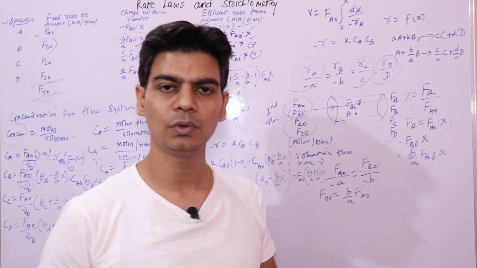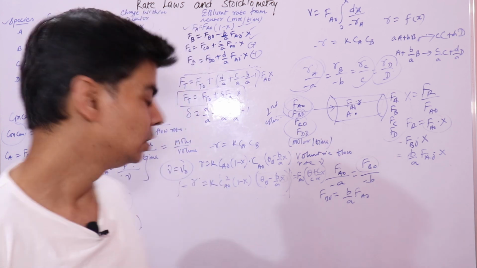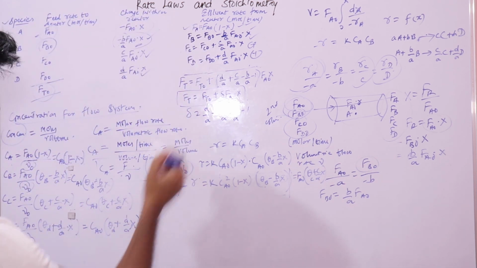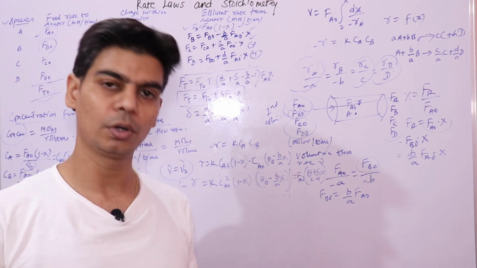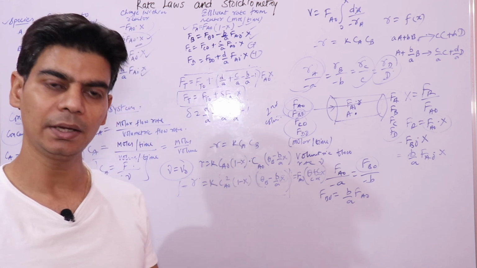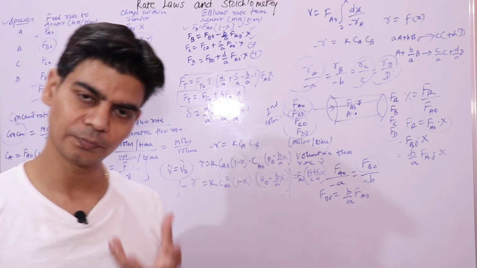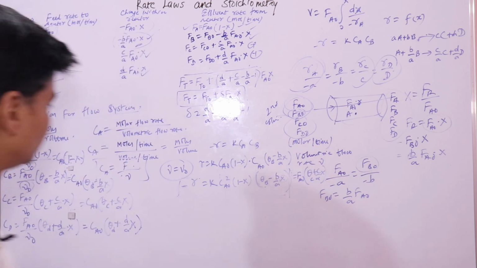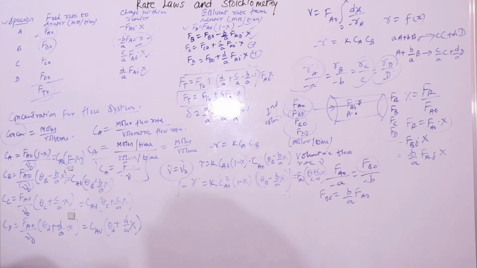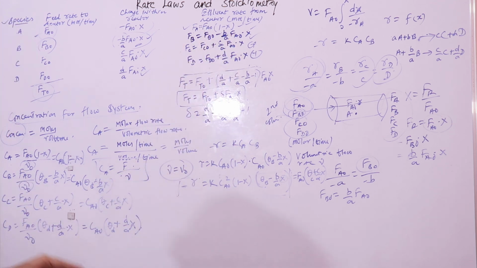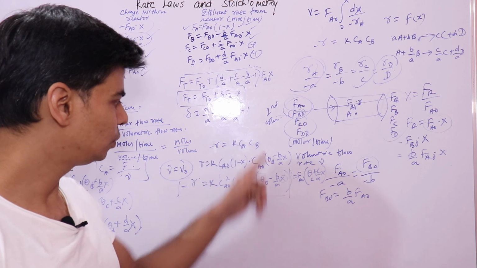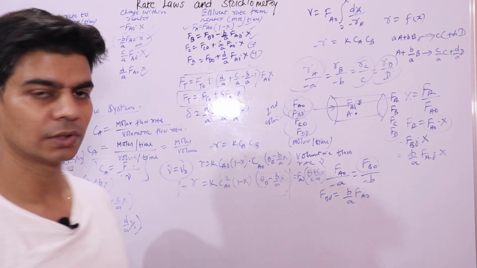So at any point, if you want to find the concentration, you have to look into the molar flow rate, because that many moles are flowing from that point. So molar flow rate at that point divided by the volume that contains those moles flowing at that point. This is what we have used. Rest is the same. We found the expression for concentration, then simplified these equations by taking Fa0 common, and then substituted the values in the rate law to express rate in terms of conversion, right.